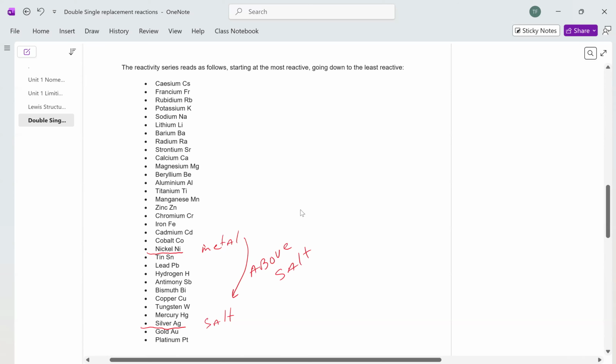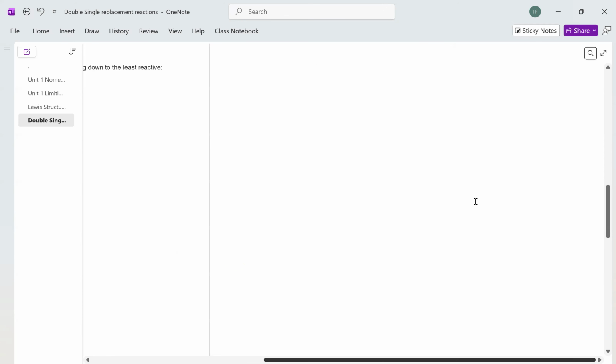So for example, if we... Oh, I was going to ask if you could give an example of where it's not above. Yeah, let's do that. Well, let's involve zinc and nickel. Right here on the zinc. Okay, so zinc is above the nickel. So if we changed this reaction,